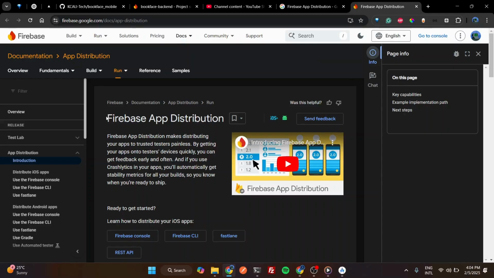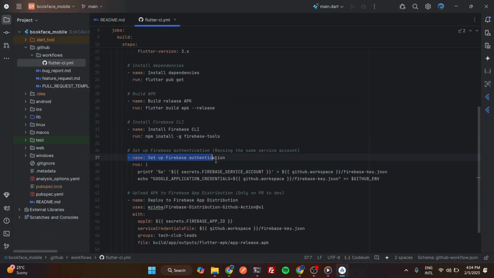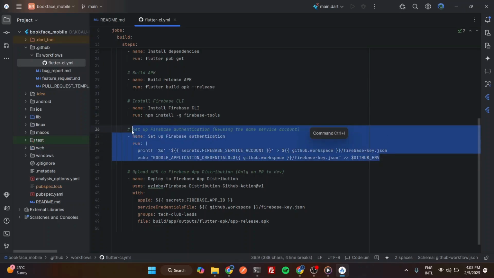And for you to use Firebase App Distribution, you need to install the Firebase CLI and the Firebase tools. That's what it is doing here. And then this is just inputting the required API tokens and secret keys that are needed to actually set up Firebase to upload the application to Firebase App Distribution. So once the secret keys and the API keys are set up,